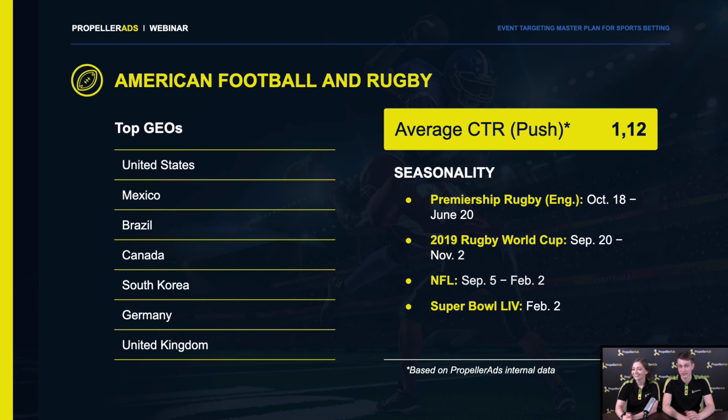Okay. Well, I know that the fans of those sports won't be in favor of joining these two sports on the same slide, but we have considered that it will be appropriate for this category, since American football comes from rugby and football rules. And American football is practiced more in the United States and Canada, and the rest of them play rugby. And then we have Premier Rugby in England. Rugby World Cup will take place